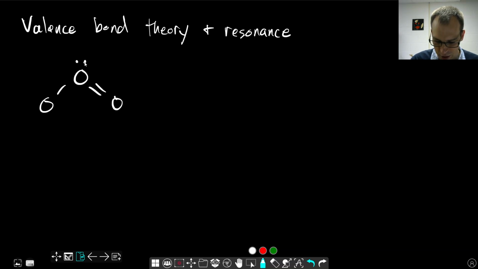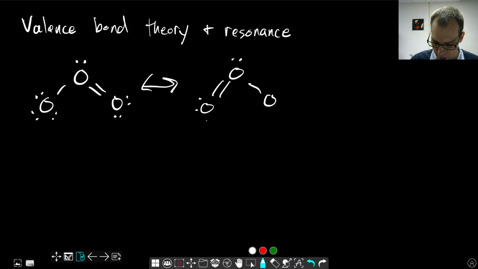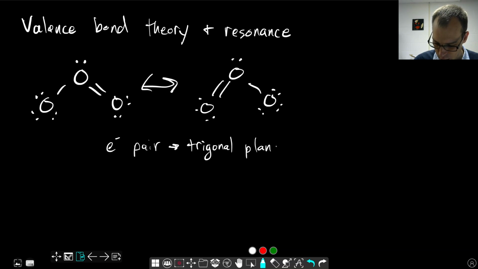So we know we have this structure here in resonance with this Lewis structure here. Let me include all the correct number of lone pairs on these oxygens over here. Right, so we've seen this structure a few times. And we can describe the geometry here, so the electron pair geometry and the hybridization as well. Electron pair is going to be trigonal planar, and we know that the molecular geometry is going to be bent,